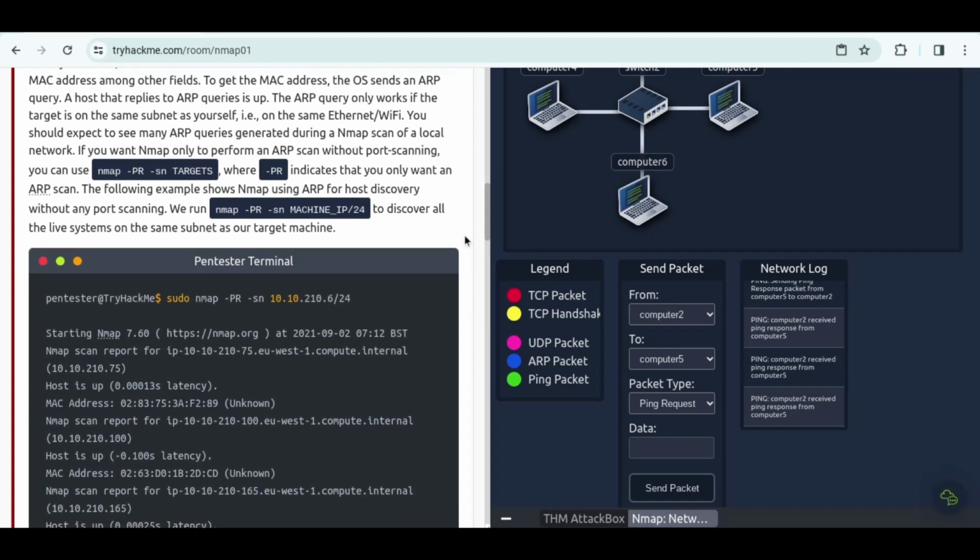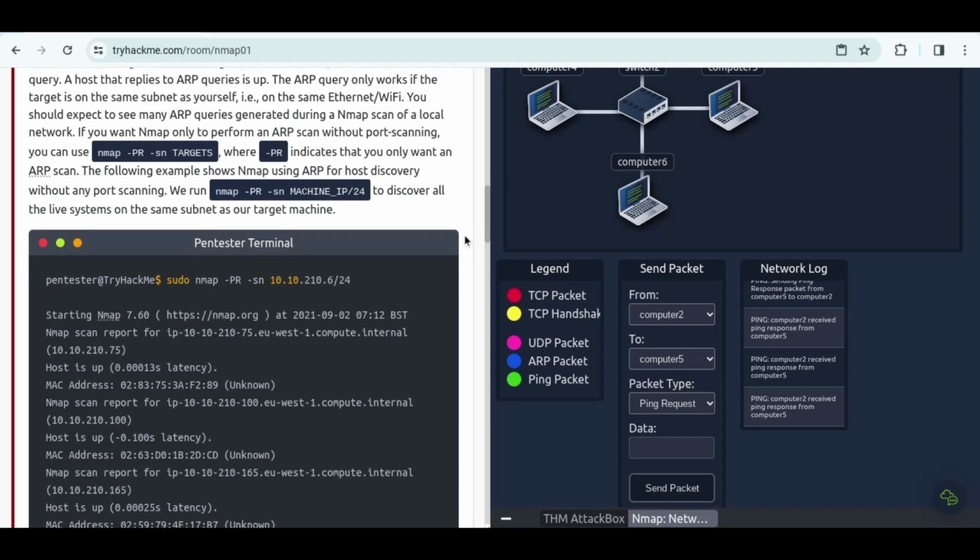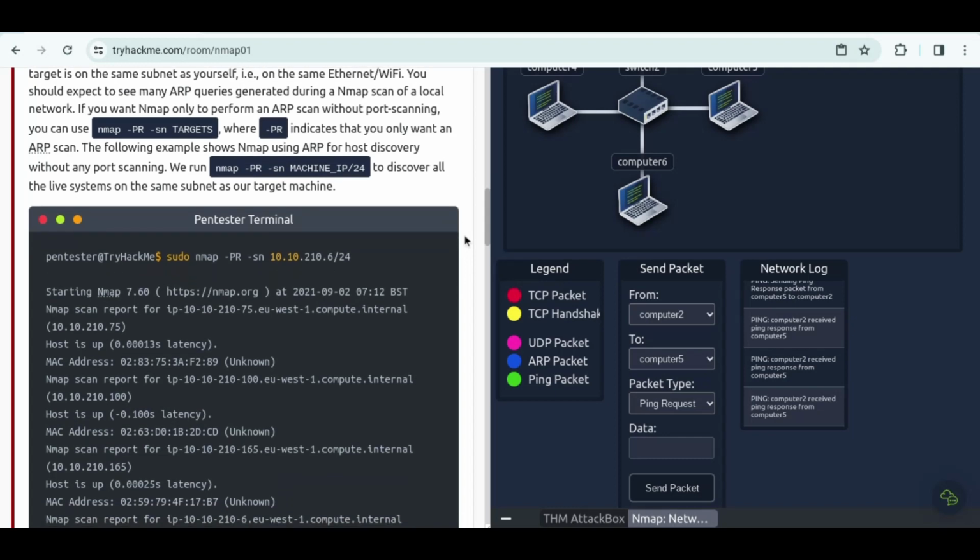To get the MAC address, the OS sends an ARP query. A host that replies to ARP queries is up. The ARP query only works if the target is on the same subnet as yourself. On the same Ethernet or Wi-Fi, you should expect to see many ARP queries generated during an Nmap scan of a local network. If you want Nmap only to perform an ARP scan without port scanning,